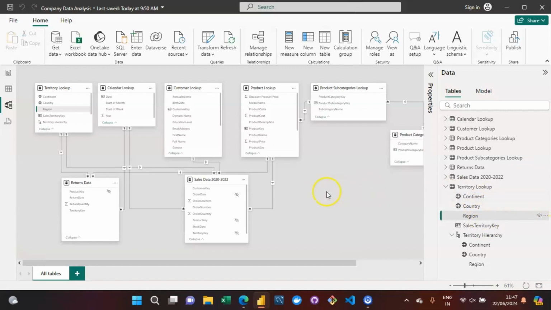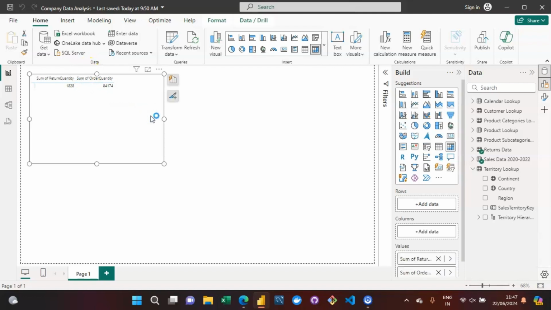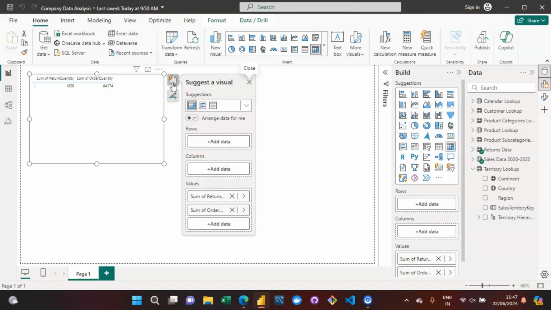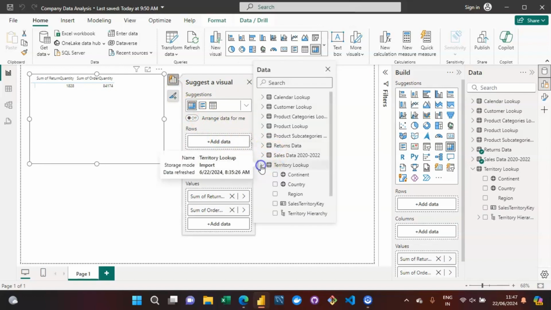And let me now show you what exactly I mean when I say that a tree kind of structure is being created over here. So let us get back into our report view. In the report view, we have a matrix visual over here as well. Let us go with this data view. In our rows, we can add some values over here. Let us go forward with this territory lookup table, and now you can see that we have a territory hierarchy itself, right? So what if I show these territory hierarchies to apply the filter onto our fact data values,